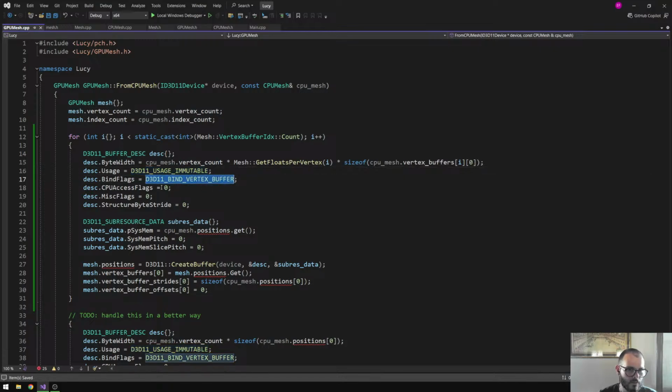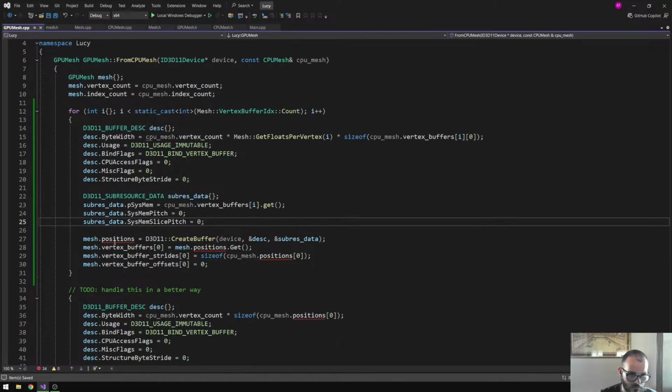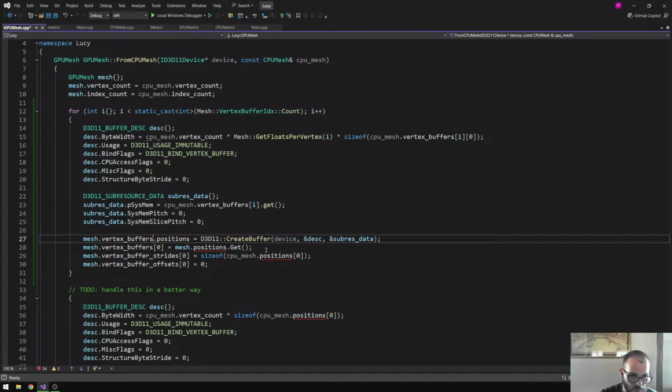It's immutable. It's a vertex buffer, no CPU access, no misc flags, no structured byte stride. The subresource data is the CPU mesh dot vertex buffers i dot get. Voila. SysMemPitch 0, useless. Now the mesh dot vertex buffers i equals